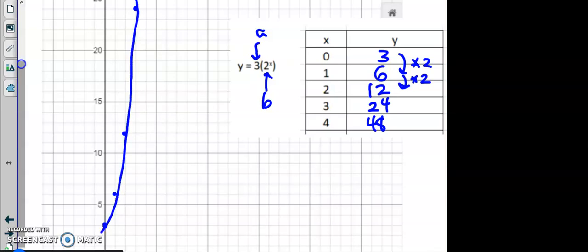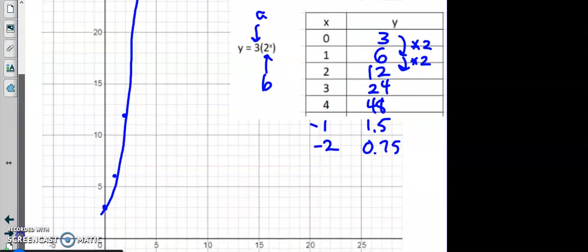If I would go back and put in, let's say, -1, we'd get an answer of 1.5. So I'm going the other direction, so it's going to be half as much. If I stick in -2, half of 1.5 is 0.75. So what's happening here is the answers are continuing to decrease. If I keep taking half of a number, half of 0.75 is going to be like 0.375. If I continue to do that,